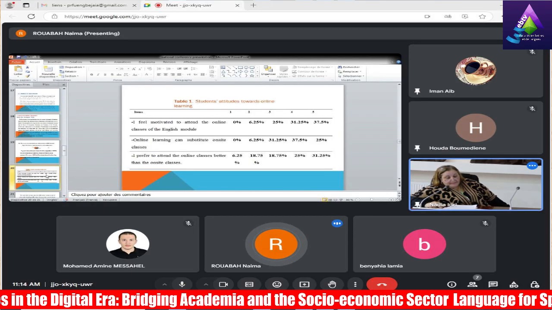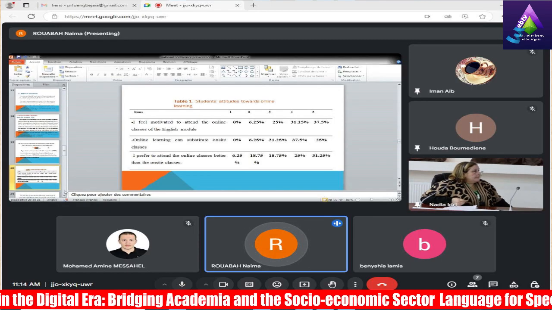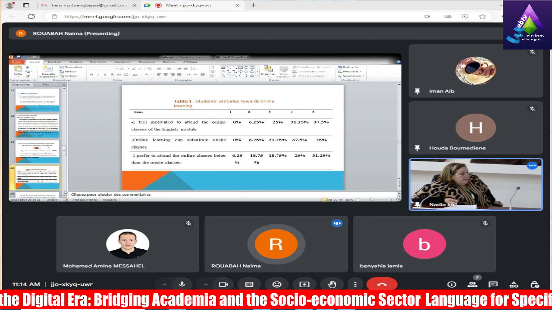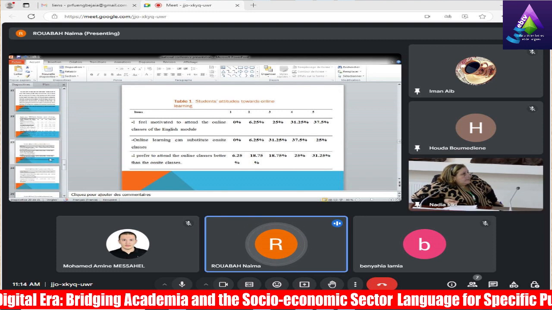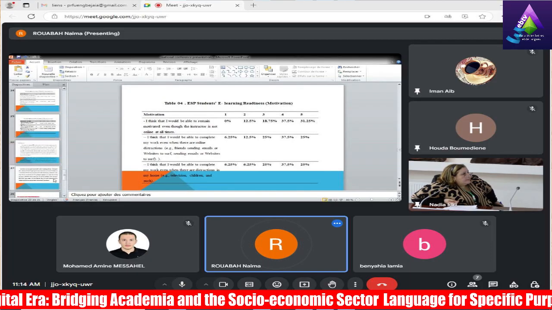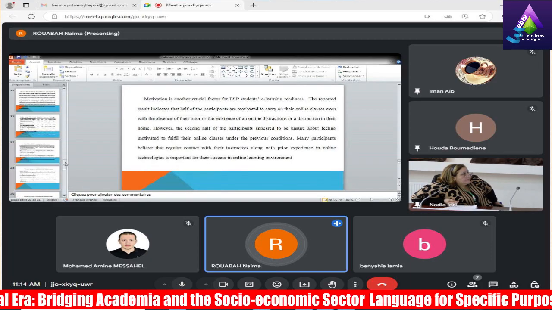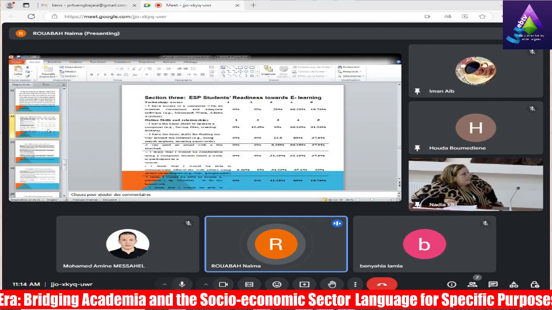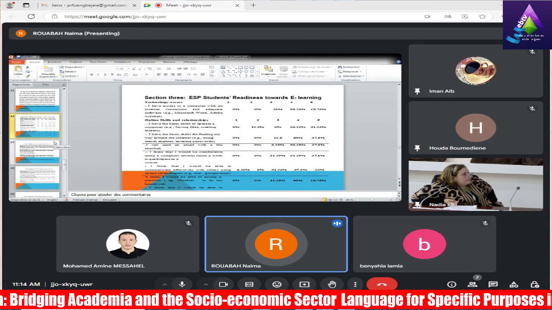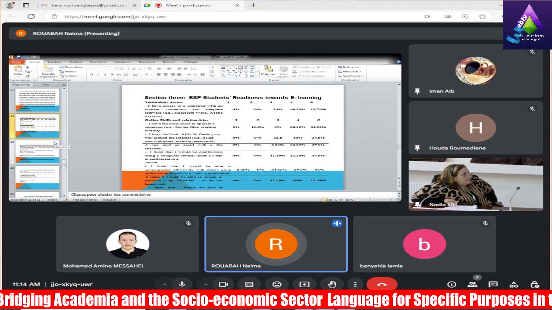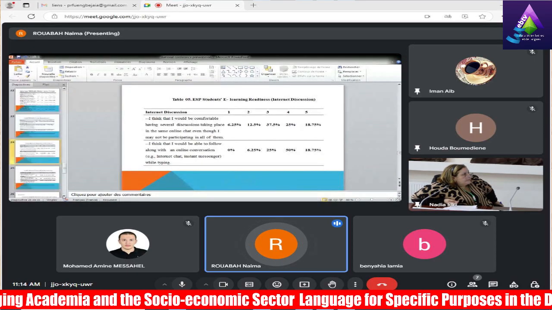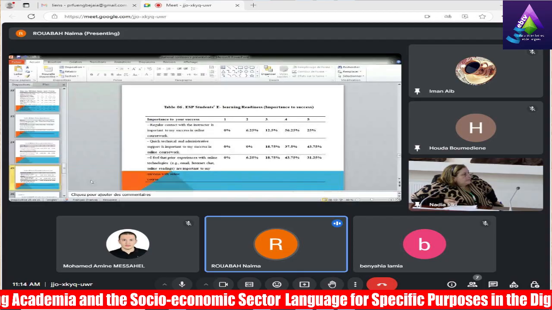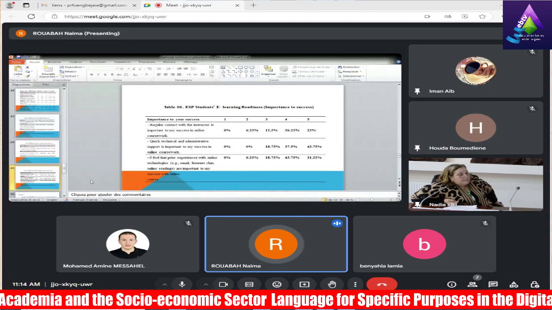Yes, okay. So as the findings, the students have a positive attitude towards online learning. And concerning student readiness, we have some variables: technology access, online skills and relationships, motivation, internet discussion, and also what they think about e-learning readiness and importance to success.